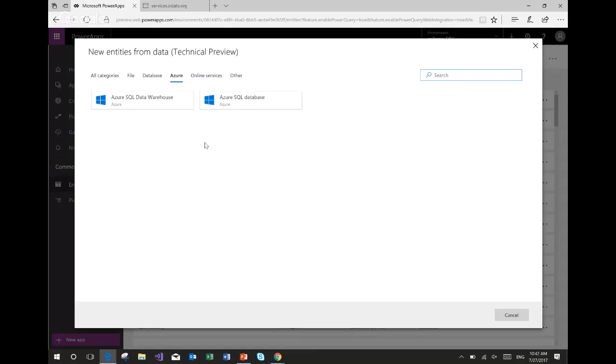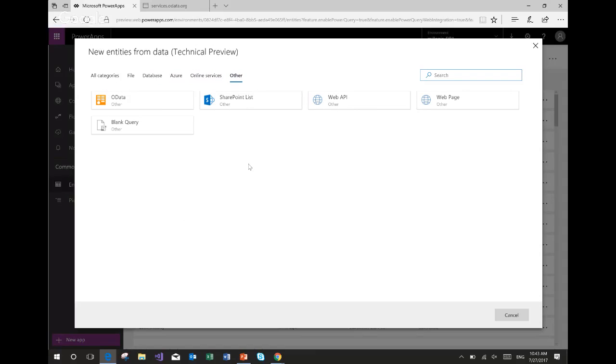Of Azure connectivity, for now we expose SQL database and data warehouse. We have other things in Desktop here as well, such as HDInsight Spark, DocumentDB, or as it's called now, Cosmos databases. So a few sources for us to be adding over time, but some of the most popular ones are already here, so that's something you can play with. Online services, we expose Salesforce objects, reports, the ability to connect to SharePoint lists, and the Visual Studio Team Services connector, which is also available as a preview connector today in Power BI.